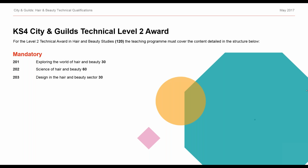So again, the design principles for this qualification is exactly the same as we've been talking about. There'll be an externally set and externally marked element. That will be on the science of hair and beauty. The synoptic aspect for this qualification will be a synoptic practical assignment based qualification where they have to go off and research a particular era. They research that era and then they come back and they put together their assignment and then they do their final showcase, which includes the makeup skills and care skills for that particular era, which is then based on 201